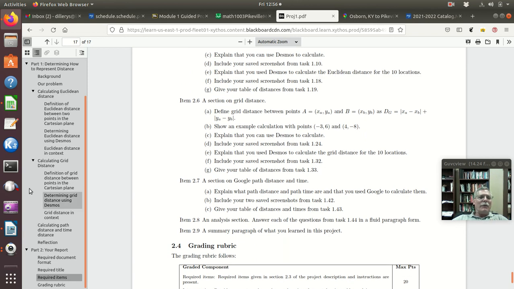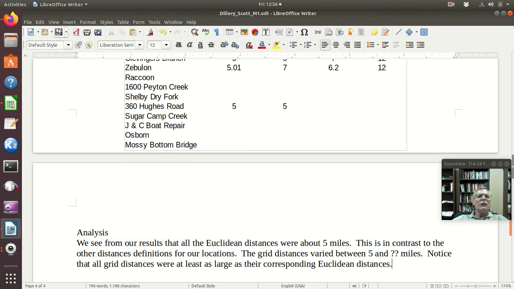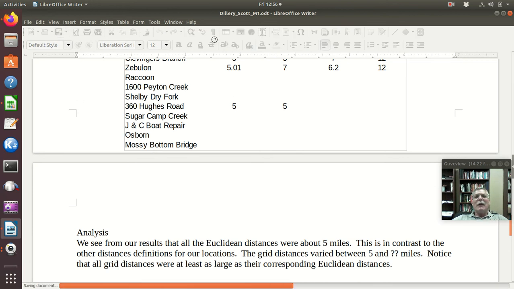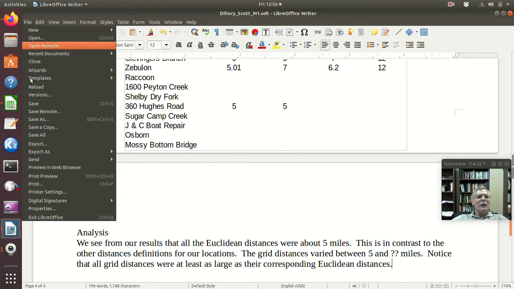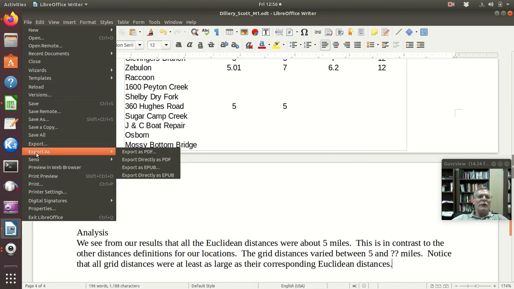And then once you've had the write-up, so you can save. So now this is, in your case, most likely a doc element, a Microsoft Office thing. And so all you have to do, usually, is under File, in almost any of these, you look for Export or Export As. So here, Export As, when I click on that, it gives me an option of as a PDF or directly as PDF.